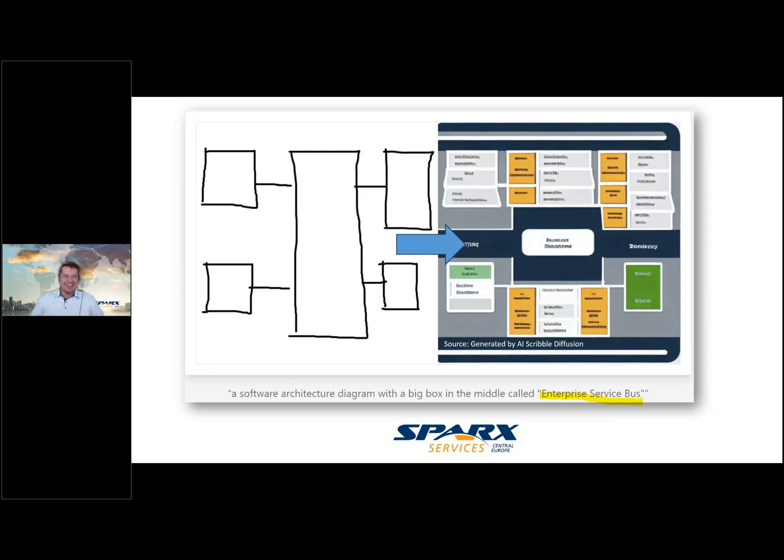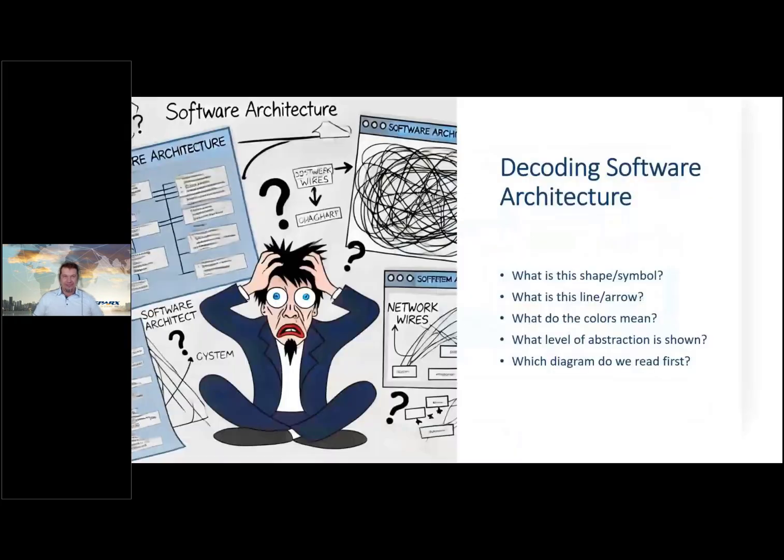So good luck with decoding this kind of software architecture, because if people don't share the same notation or don't follow any standard, the standard can even be something not official, but at least some notation agreed within a team or within an organization, some domain specific language,